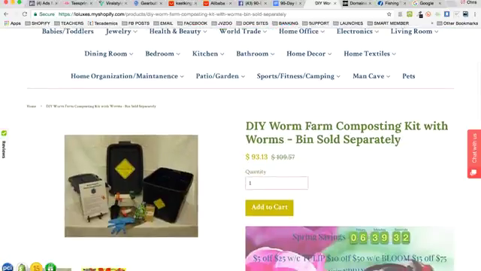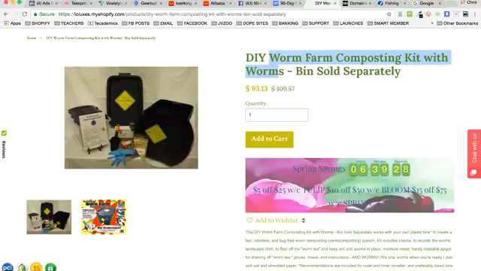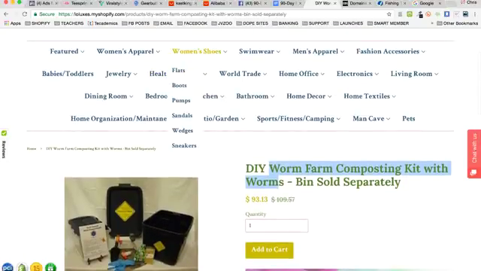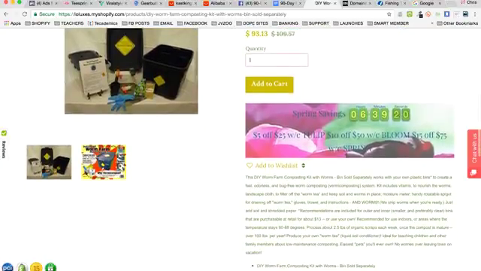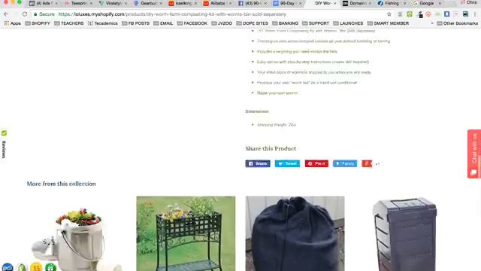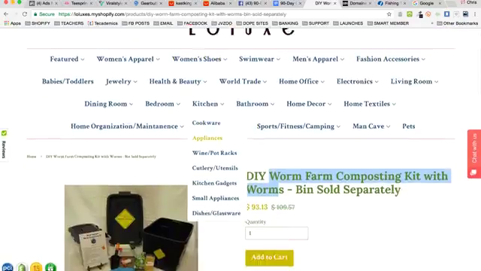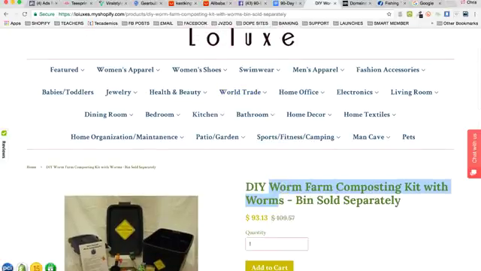So even though they have a worm farm composting kit right here on their site, at the same time they also have women's wedge shoes. Okay? This is called a general store. They've got a big general store and they're selling all kinds of stuff. They're like their own Amazon. Okay? So for them, it's more risky to do a worm farming store because they don't know. So they might start here, but if they can prove that they can sell this,